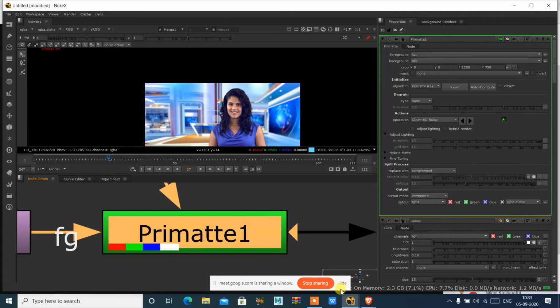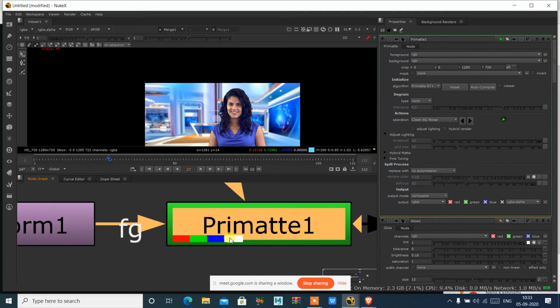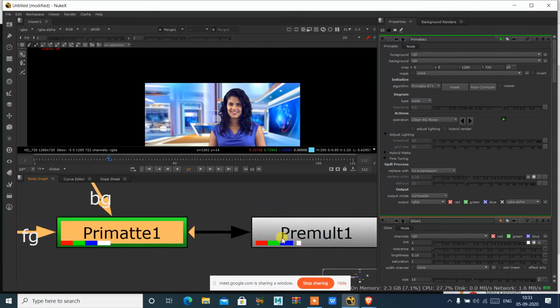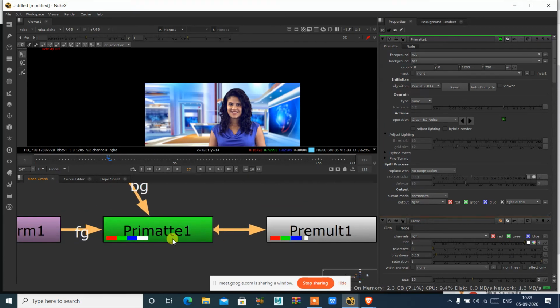If you want the spill process to be done, you can directly do the spill suppression here. If you don't want any suppression over here, because we are already doing it inside this hue correct, I'll just keep no suppression because we are already doing that spill suppression process over here. If you are not doing that, you can do that inside primatte itself.